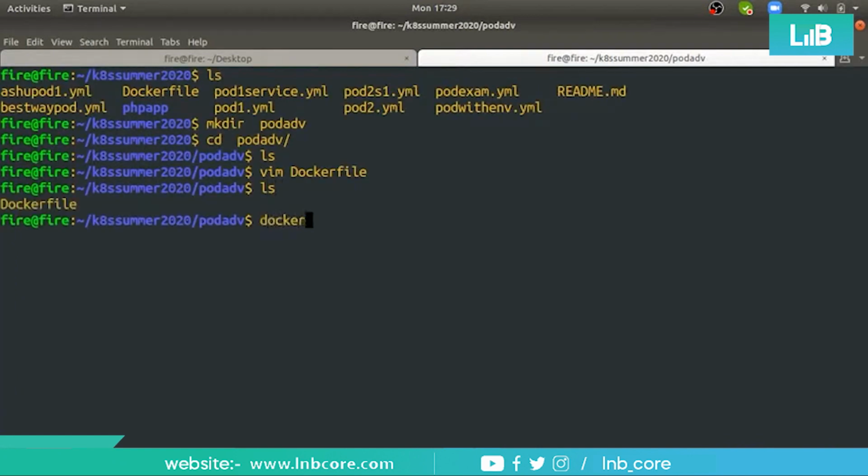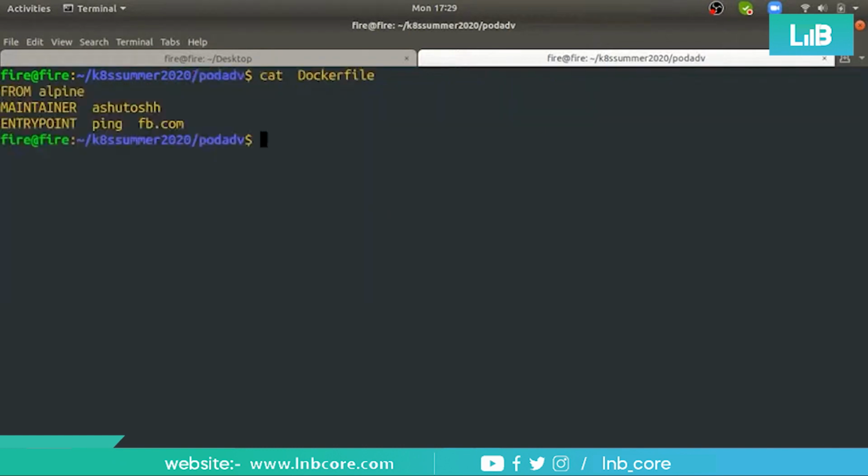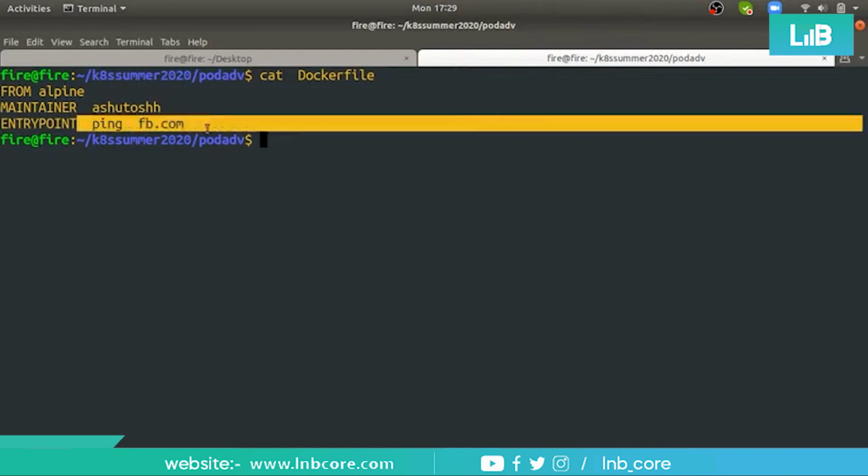What I'm doing is docker build. I hope you all are understanding, right? Maybe I'm going a bit fast, but it's all fine because you already understand what is going on here. I want to create a new Alpine image that must have ENTRYPOINT as a parent process, and it must not be replaceable.